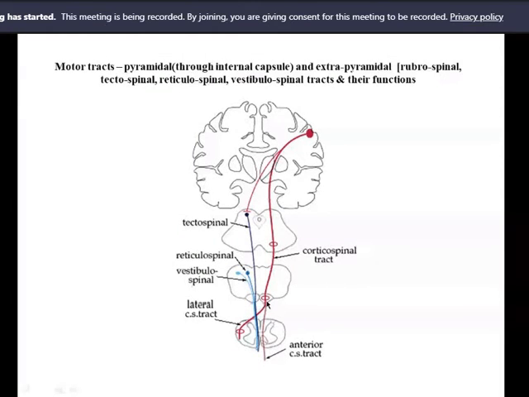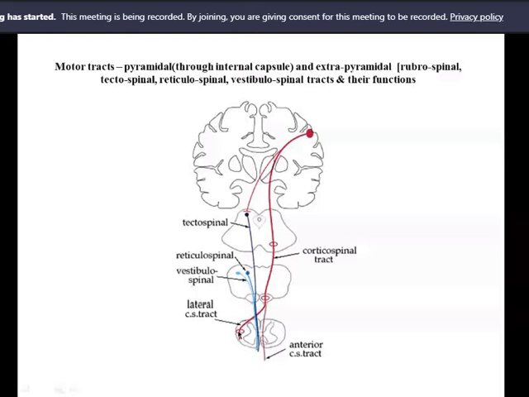So in the ventral side of the medulla, there is a pyramid-like portion. Can you see this one? Through this the tract goes, and most of the tract, 90% of the tract crosses, and 10% does not cross. This is the lateral cortico-spinal tract, or pyramidal tract, and this is for high tone of muscle.